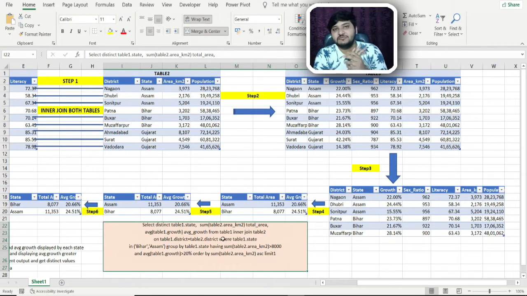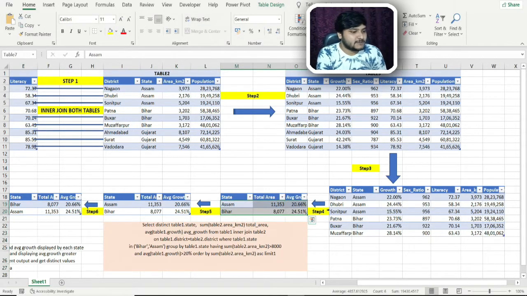Now after the data set has been grouped, what is the clause which I provided? You can see after group by, having is coming, and I provided 2 filter conditions here also. The difference between the where clause and the having clause: the where clause operates on all the rows, whereas the having clause operates on all the aggregates which we are calculating with the help of the group by function. You can see the aggregate data has come up when I've used the group by function, in step 4 which you can see here.